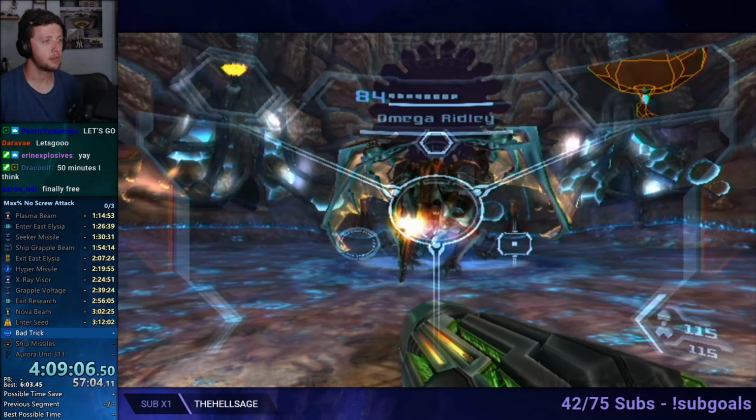But what about the other blob? Wouldn't that also need hypergrapple? I mean, it's in the way, right? Well, yes, but luckily for us, it is possible to skip that one by simply going out of bounds in the landing site with Screw Attack